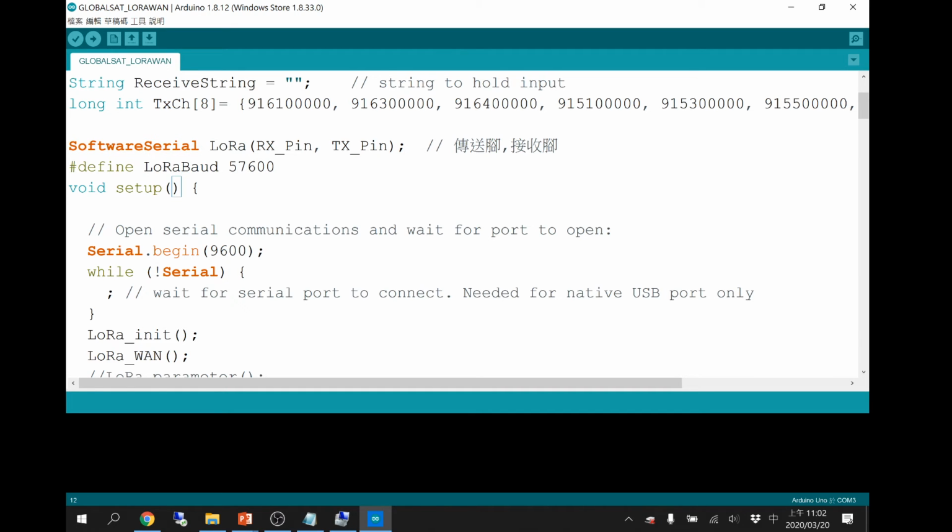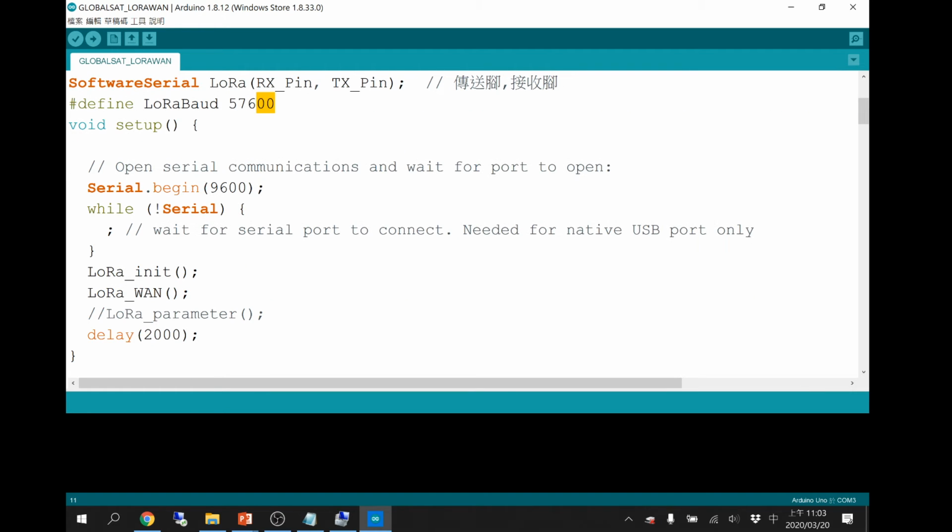Okay, so I assign a function of the SoftwareSerial, the name LoRa, with pin A and pin 7. And I define the LoRa baud rate with 57600 because I need to assign the protocol to communicate from the Arduino to the LoRa module. Okay, so this is the beginning. And the next,